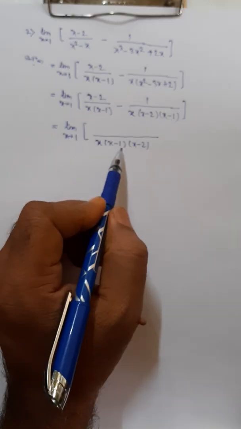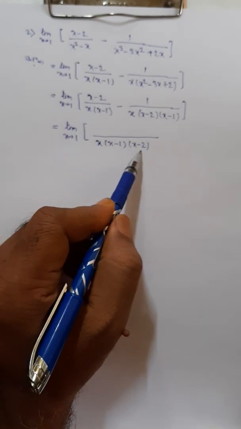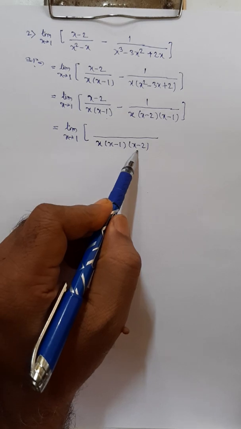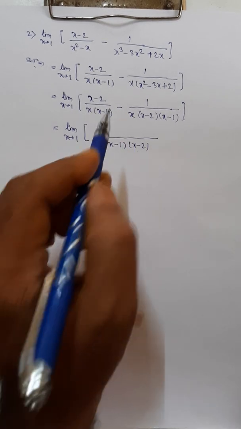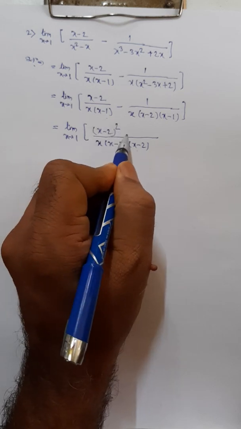Then see here how to write numerator. We divide by this denominator, to this LCM. So x cancel, x minus 1 cancel, and we get x minus 2. So this is x minus 2 and this x minus 2, we get here (x minus 2) square minus